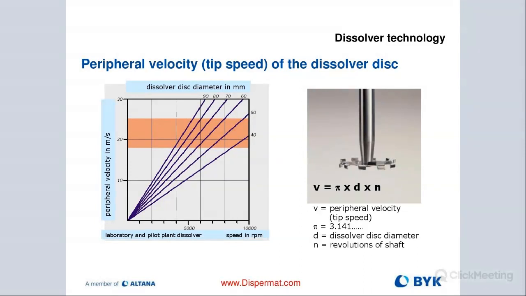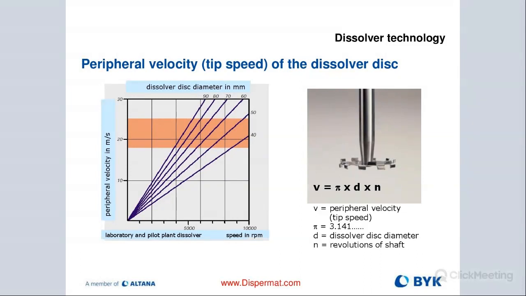But keep in mind that to express the diameter of our blade, we want to use metric and in meters. So if, let's say, we have a 50 millimeter blade, we want to use 0.05 in that case, multiply that with pi and the RPMs, and then divide that by 60. That will give us our actual tip speed in meters per second,